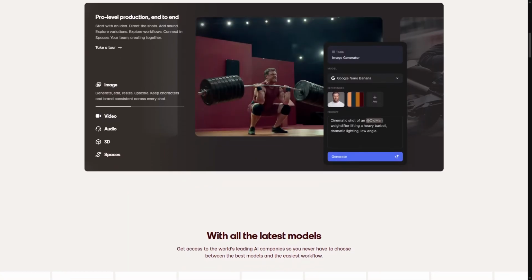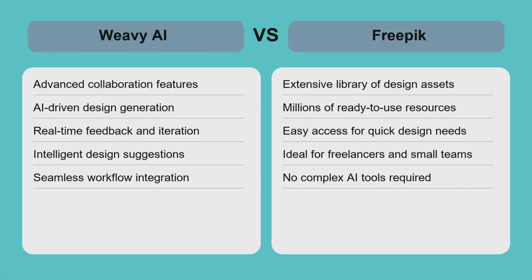Comparing Weavy AI and Freepik reveals distinct trade-offs. Weavy AI excels in collaborative environments where AI assists in creating and refining designs in real time, ideal for teams managing complex projects. Freepik offers a straightforward solution for individuals or small teams needing a vast asset library without AI-driven